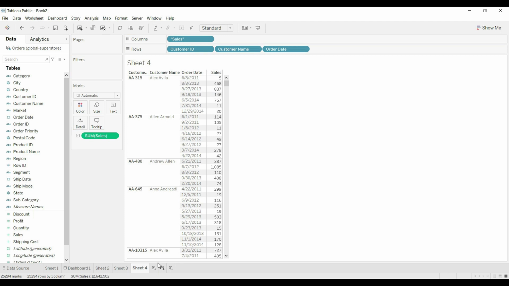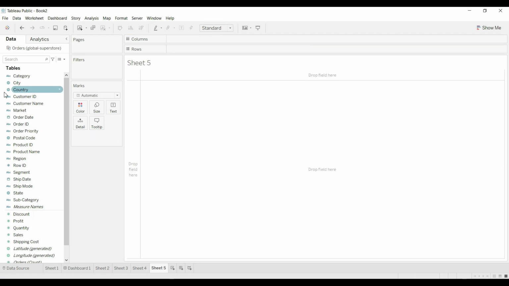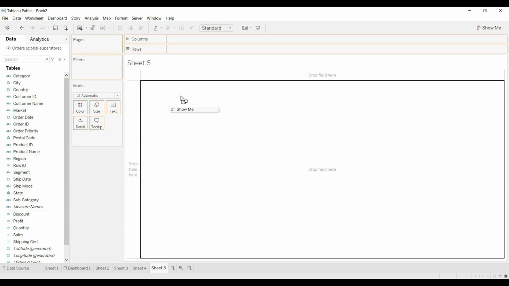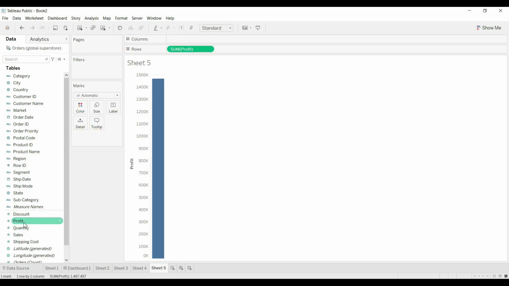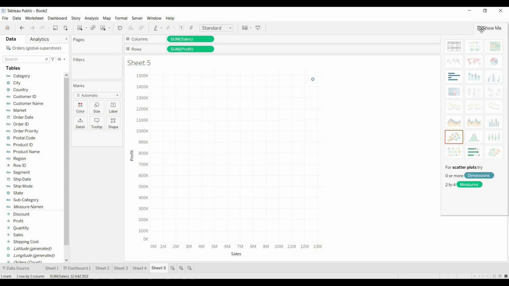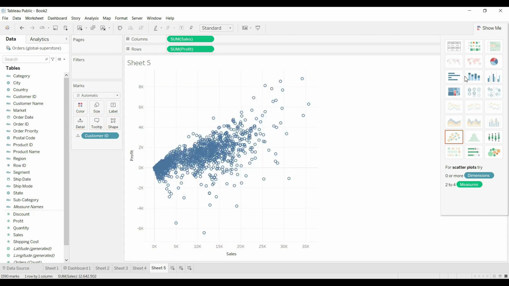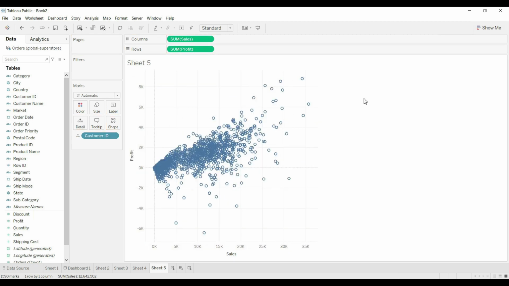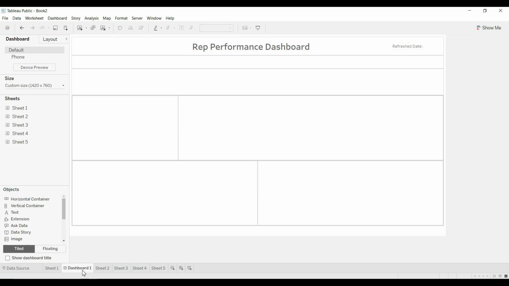I'm just creating some basic charts quickly just to show you how it will look when we place charts in the layout which we have created. And suppose let's create a profit and sales scatter plot, and then we can add customer ID in detail. Okay, we have created 4 charts.